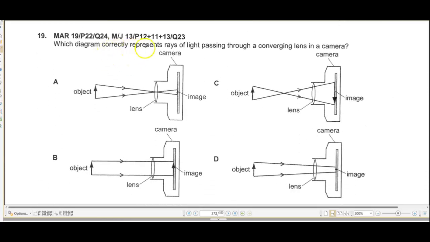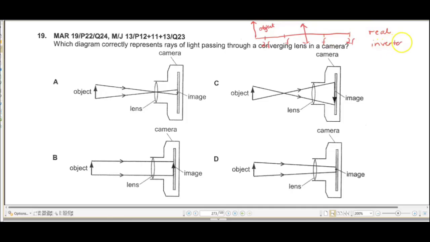Question number 19. Which diagram correctly represents rays of light passing through a converging lens in the camera? Now when we discuss the case of the camera, this is your converging lens. This is your principal focus. This is 2 times your principal focus. So the object is going to be placed beyond 2f, over here, and its image is going to be formed between f and 2f, and the image is going to be real,